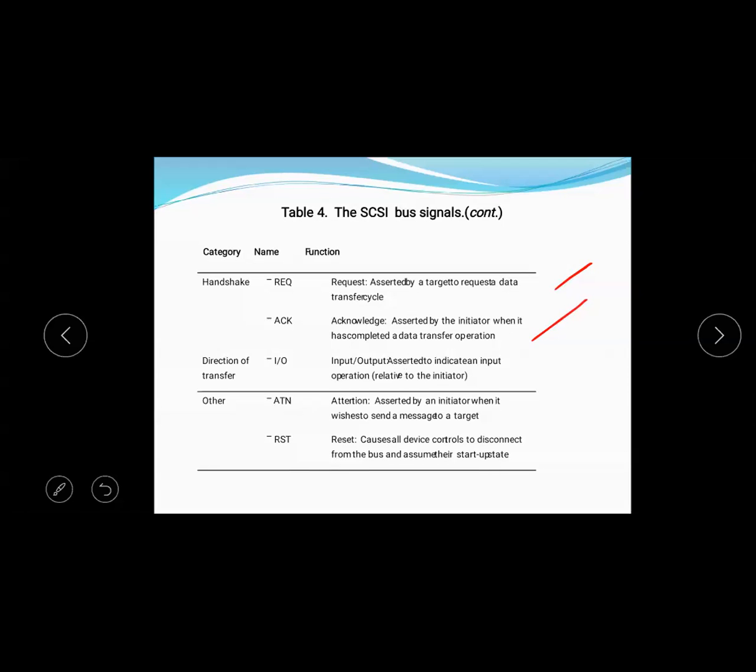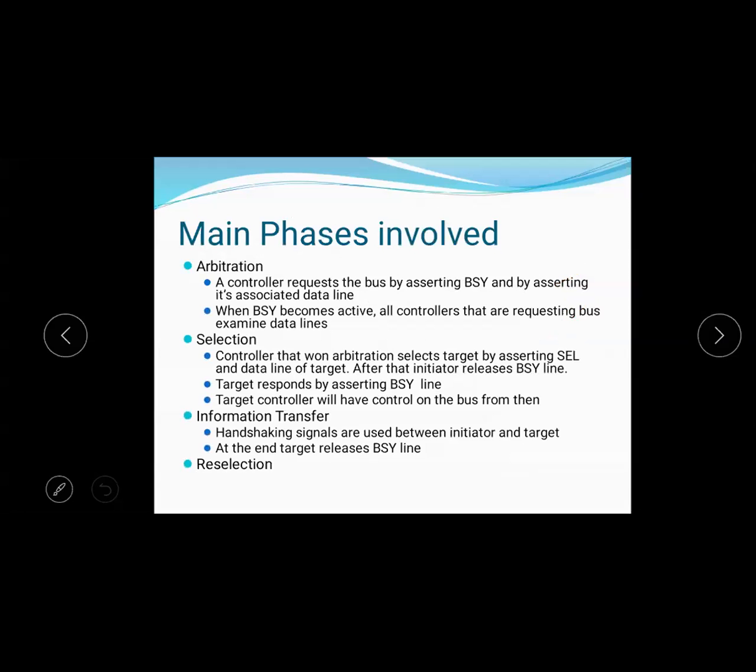After completing the operation, acknowledgement is given by the ACK line. Then input/output, attention and reset. The phases are arbitration, selection, information transfer, and reselection.